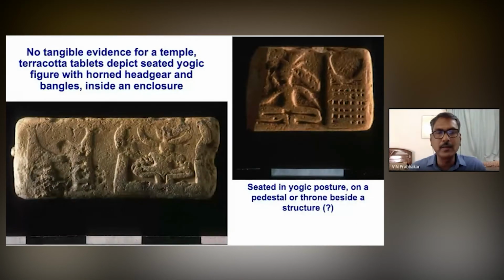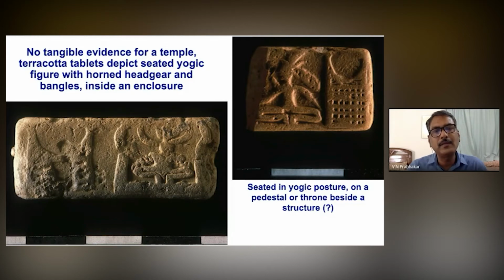And what about the temples? Do we have any evidence of temples from the Harappan context? No, we don't have from the excavations. Even though Dr. Bisht, in his report, writes about an apsidal temple from the site of Banawali, which is a Harappan temple. But apart from that, the structural remains, we don't have any other tangible evidences. So it may be a temple, may not be a temple.